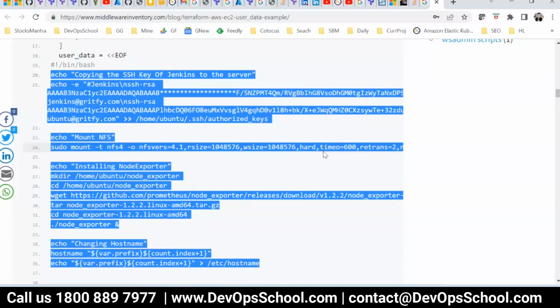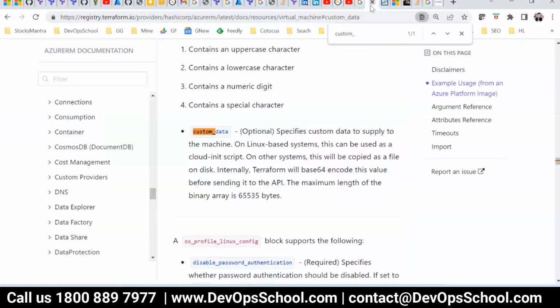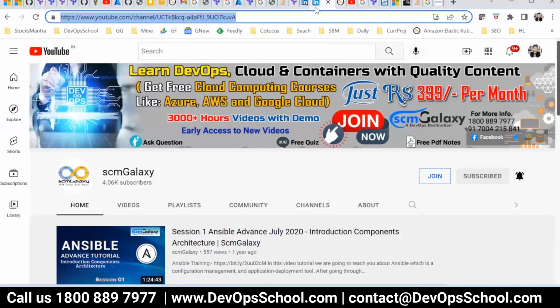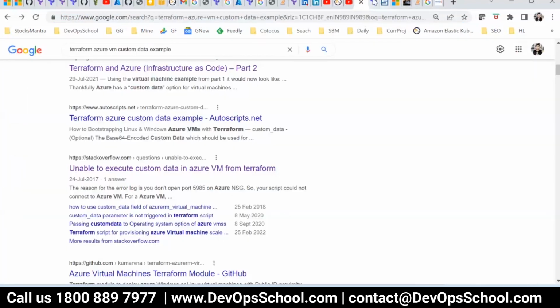No. User data, custom data runs the script during the bootstrapping process of the Azure VM or EC2 instance. It's a part of the cloud feature. I repeat, it's a cloud feature. I'm not talking about a Terraform feature. Are you understanding, all of you?